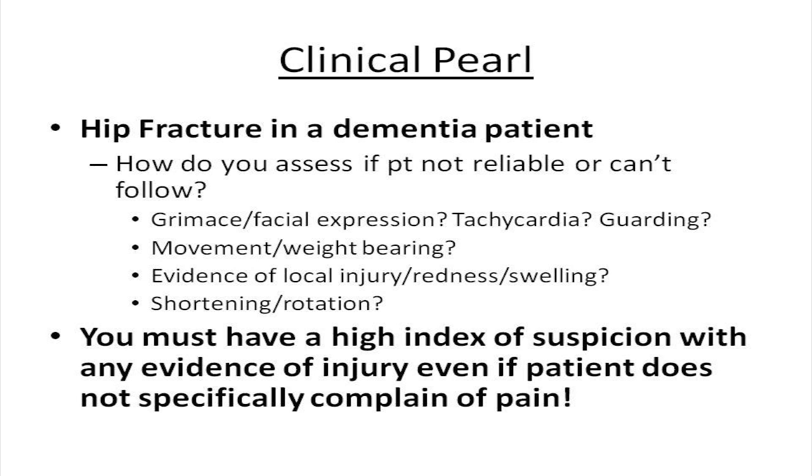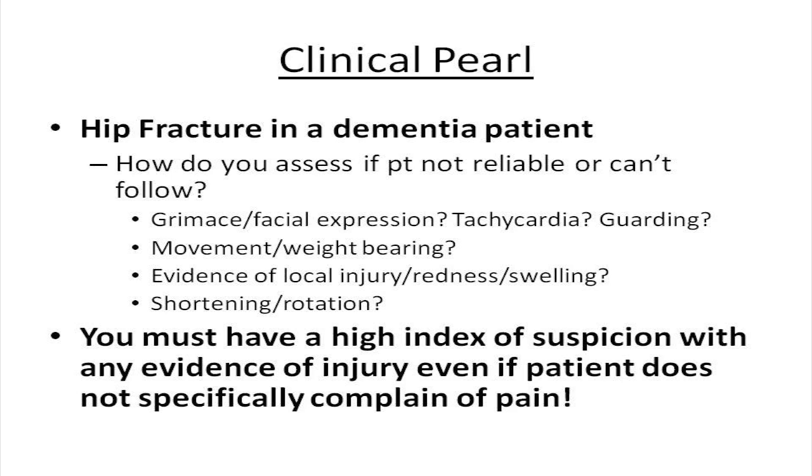The next clinical pearl is in regards to hip fractures in a dementia patient or any other patient who can't give you a reliable history. And the real question is, how do you assess whether or not there could be a fracture if the patient isn't a reliable historian or can't follow your commands? And there's a couple ways you can try and do this. One is you can look at the grimace or the facial expressions of the patient as you palpate the area. You can look for